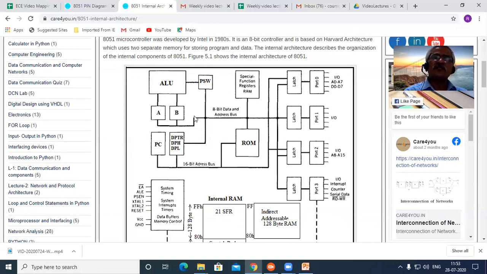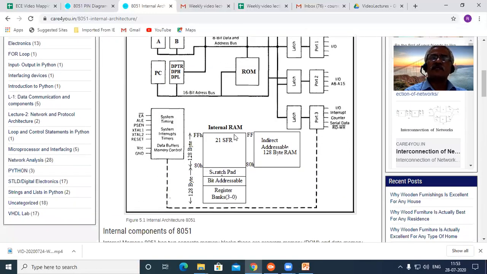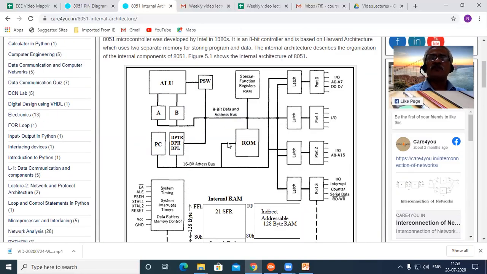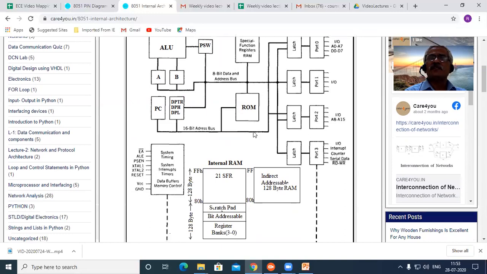Then you have some registers which are called SFRs, special function registers. When you look at the internal memory of the 8051, you have the RAM and the ROM, which are part of the internal architecture. The RAM basically is built up in the form of registers,